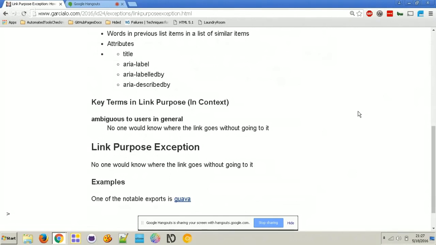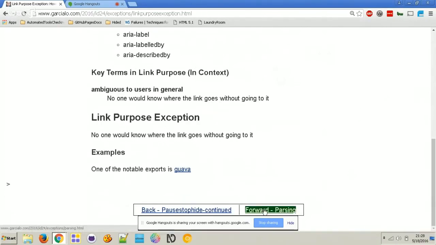Somebody in a wheelchair would walk on it and fall to their death. It's equally inaccessible, right? So it's not an accessibility issue at that point. Usually these are going to be more like UX issues or design issues. They're just bad for everybody, and they really should be fixed, but they're not specifically accessibility issues, right? It's the same thing with the word guava in the sentence. One of the notable exports is guava.